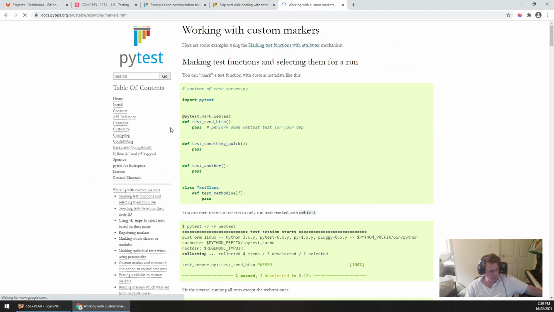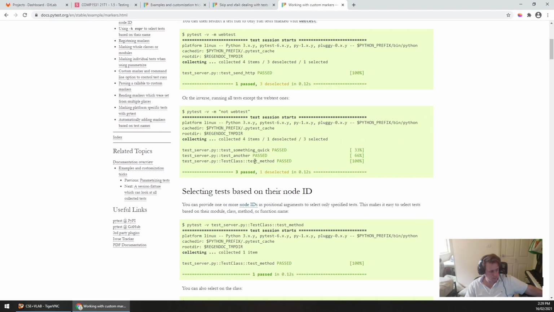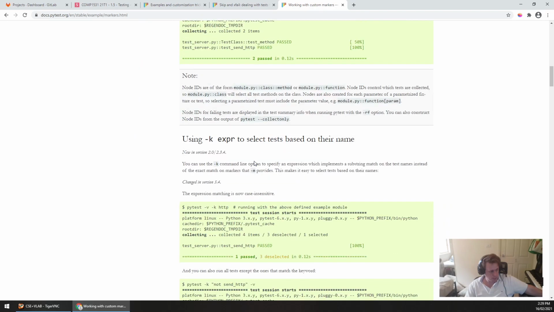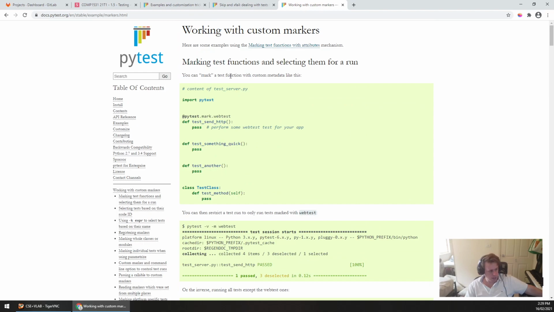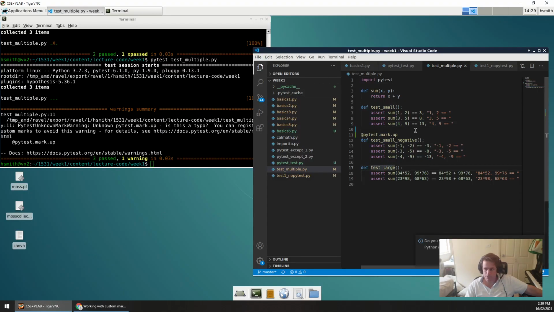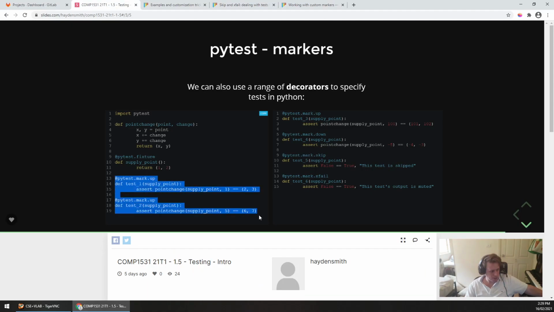Working with custom markers. This one isn't. I remember working with these. I mean, these are not really meant to be worked through. I think I'm just relaxed because we're not in a lecture time. But the point of these ones, I again don't really think you need to use any of those, is you can have quite a broad reach of what you want to do, and I think fixture is the one I really want to focus on,